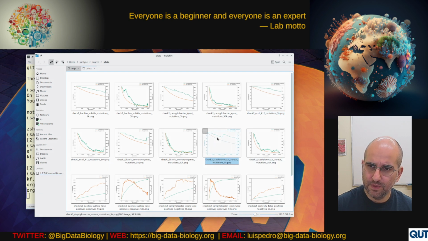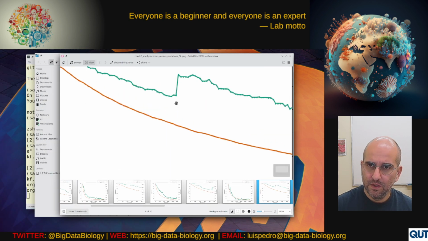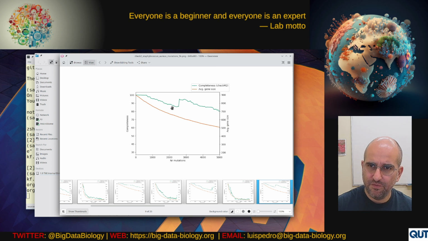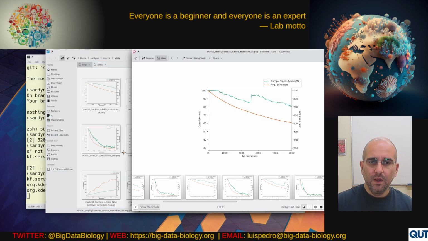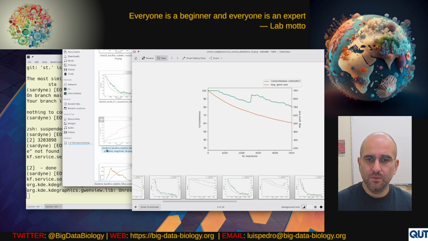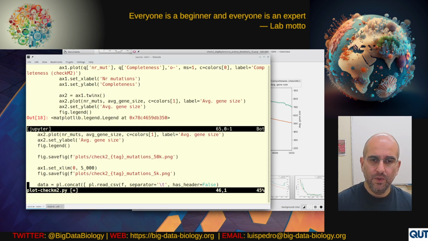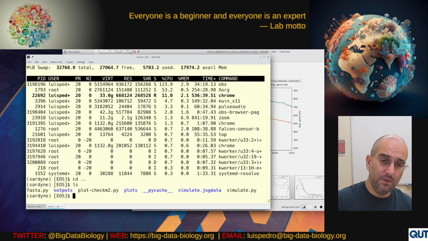In that example here, the staff arrays is a little bit different. You have this little bump, but they all kind of look the same. Below 1,000 mutations, you still see CheckM2 pretty even, and then the average gene size going down. Right. So the next thing we played around with was, okay, how